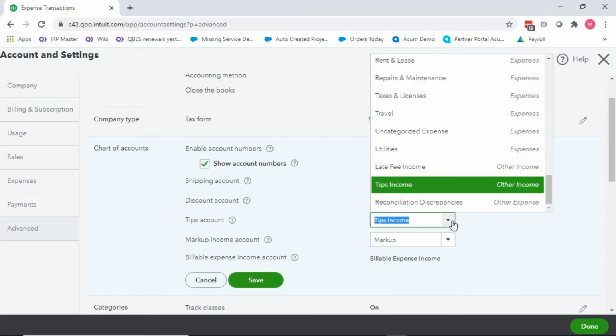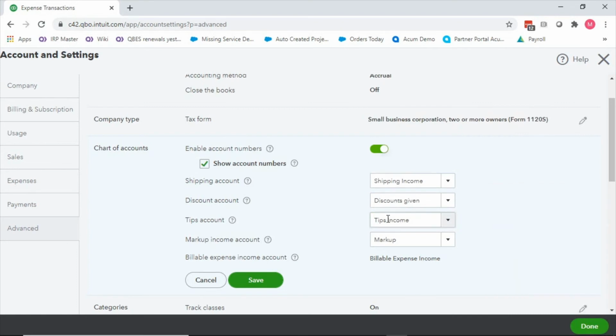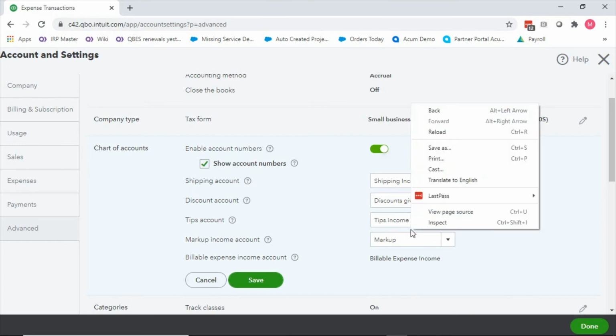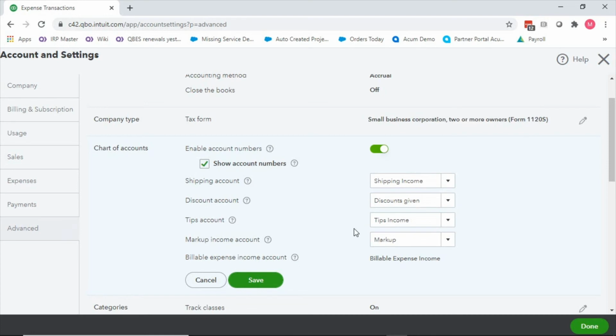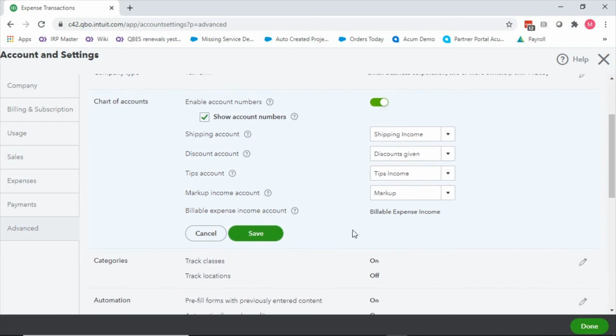Tips account, so tips income, it defaults down to other income account, and that's something that is not part of a normal business, basically, is building in tips. So you have to decide where tips income should go. It could go onto a payables account if you have employees that are due tips. It can go in as income if people give tips to you, so maybe as a hairdresser or an independent contractor. Then also you have to decide if you intentionally lower your price because you expect higher tips or anything like that. Maybe it would go into general income, but most of the time it's other income.